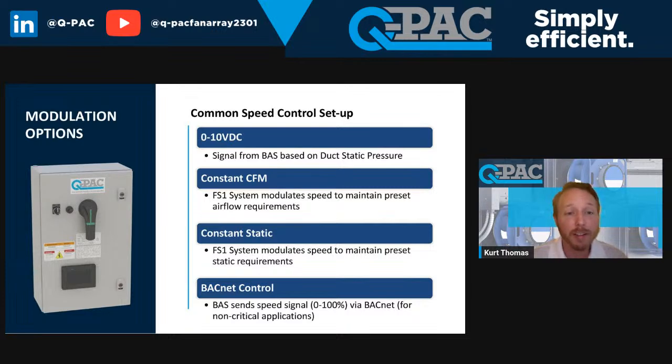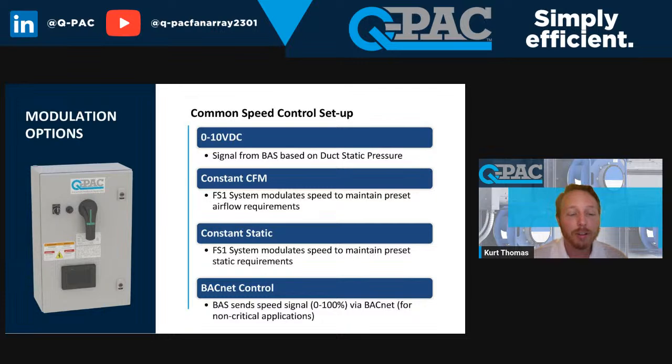So we also have constant CFM. So basically our fans, you can set a CFM set point that you want our fans to run at, and our fans will modulate up and down in order to hit that set point. So this one's not that common, but where I have seen it used is specifically in hospitals for their return arrays. The air changes per hour is pretty critical in a hospital, with pretty strict regulations. So the way I've seen them balance it is they'll set our return array to suck out the correct volume of air to meet their air changes per hour, and then they'll set the supply fan array to just maintain static pressure in the building.